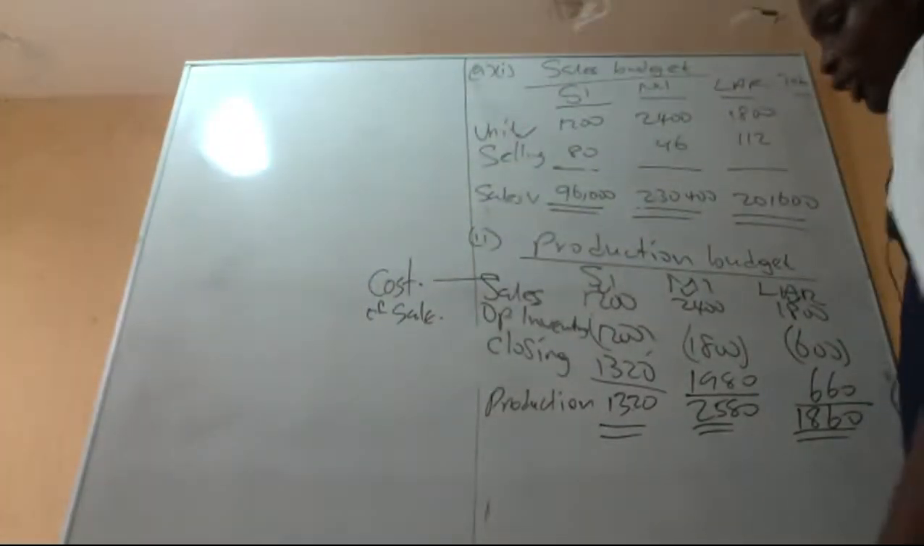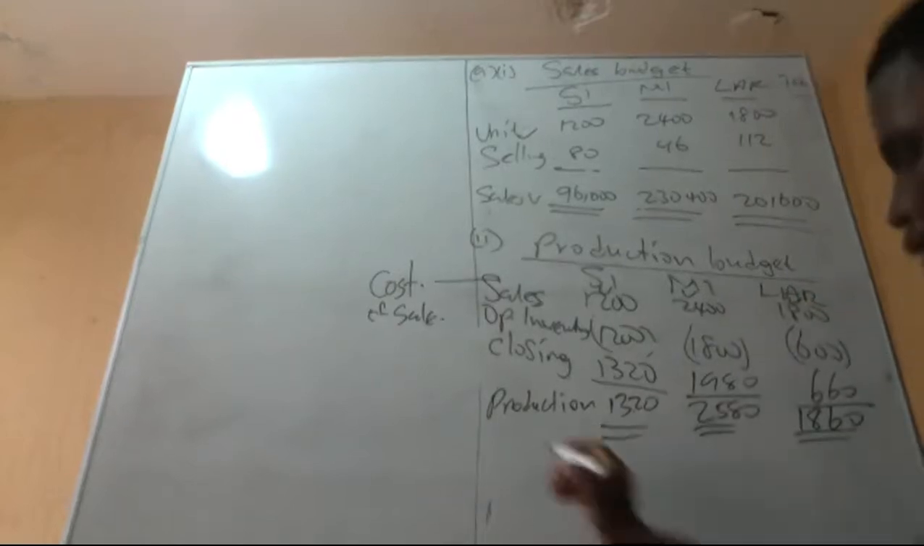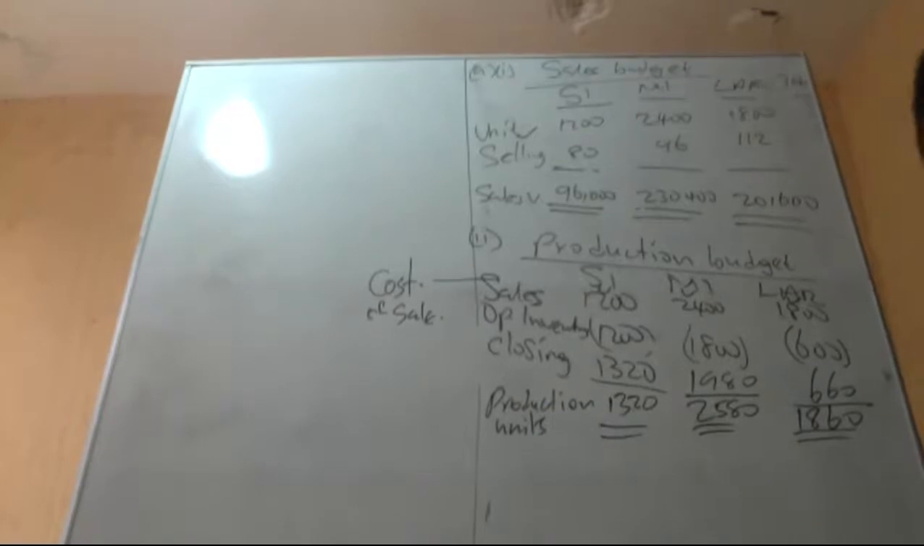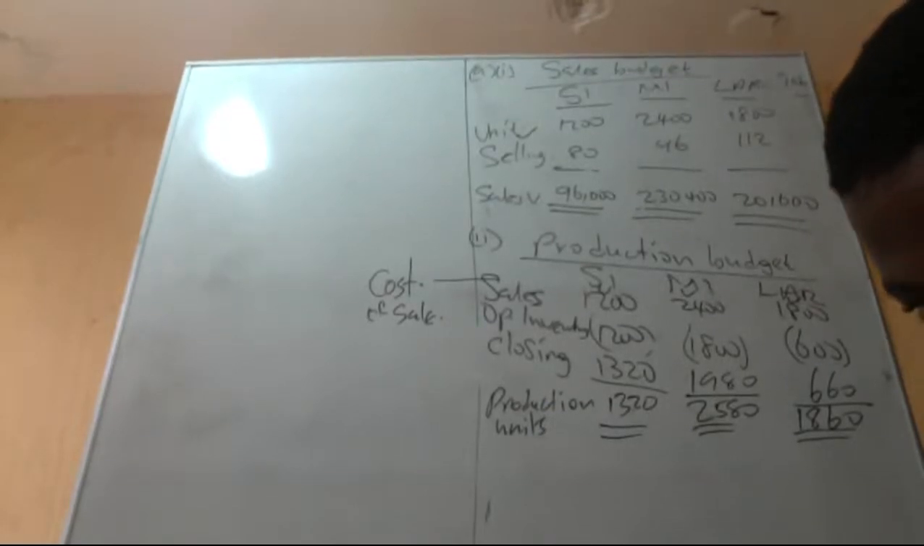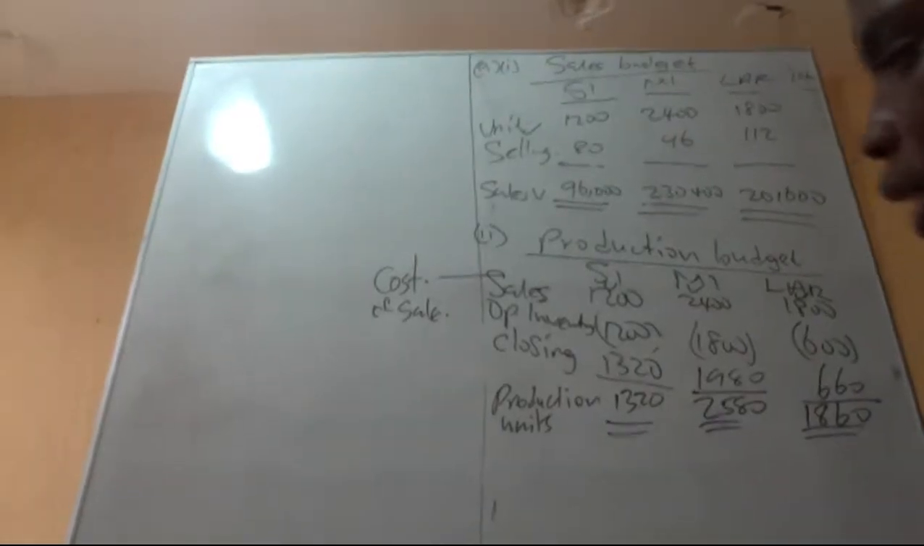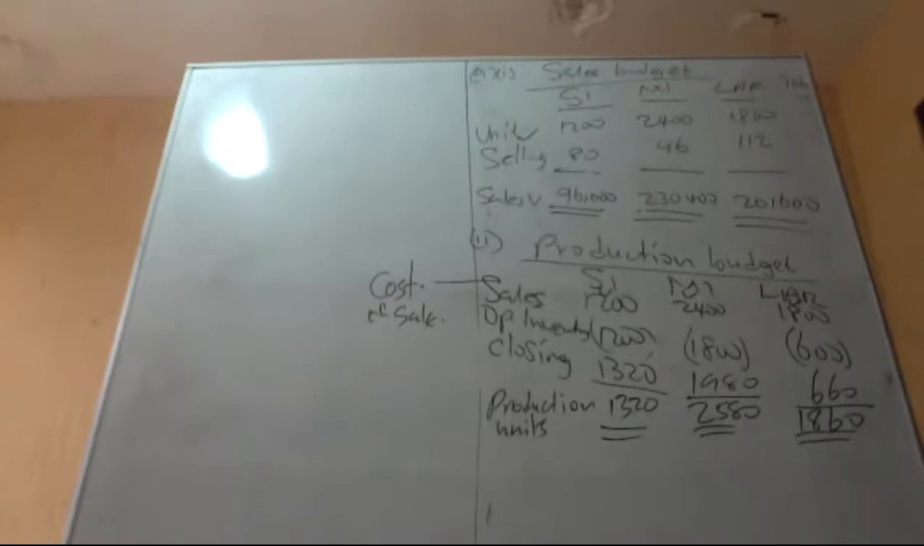So this is the production unit. So let me put unit here. That's the production unit. Good. So that is it. Now from production unit, the next one we are going to calculate is what we call